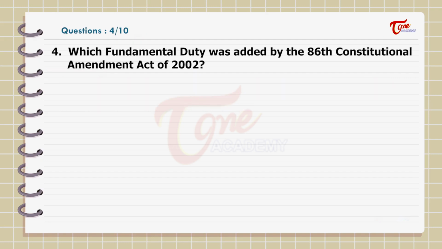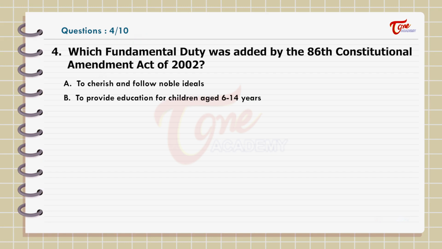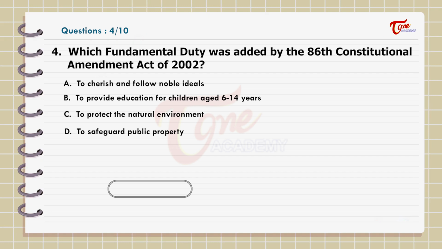Which fundamental duty was added by the 86th Constitutional Amendment Act of 2002? Options: A. To cherish and follow noble ideals. B. To provide education for children aged 6 to 14 years. C. To protect the natural environment. D. To safeguard public property. Answer: